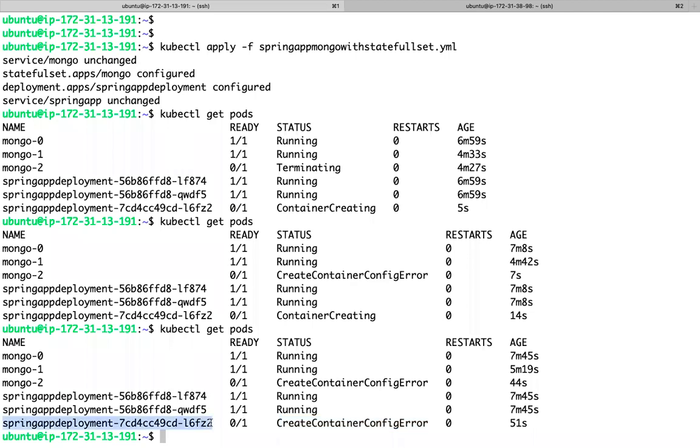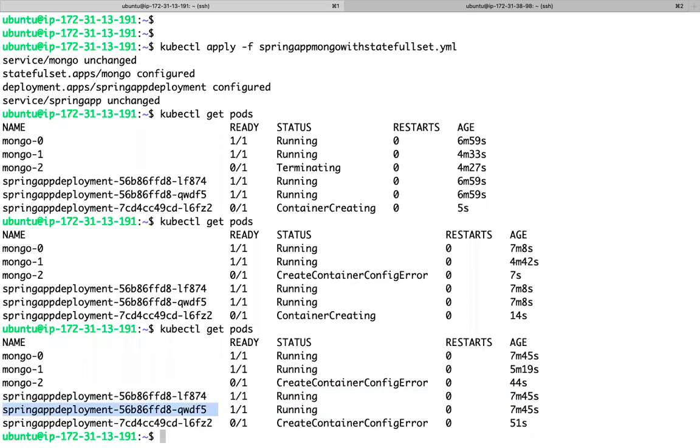This is not getting updated. This is the new one. It is trying to create a new pod with those changes. It is not ready, and it is not terminating the old one. Once this is ready, only then will it terminate the old pods. Why is it not coming up? What is the problem?